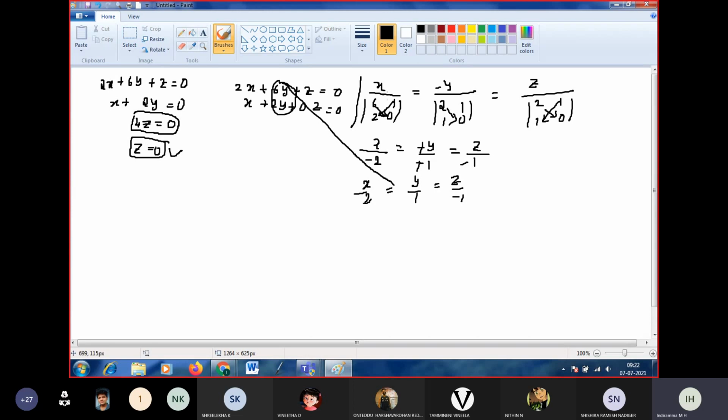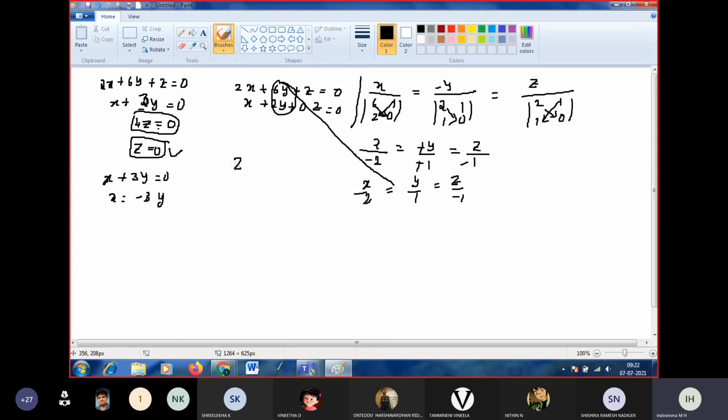So I am not going for Cramer's rule here, because from the third equation we already got z equal to 0. So since z equal to 0, from the second equation, x plus, what did we get? X plus 2y, or is it 3y? 3y, ma'am. It is 3y. X plus 3y is equal to 0. So we have to back substitute the values to get the solution. So x is equal to minus 3y we got.